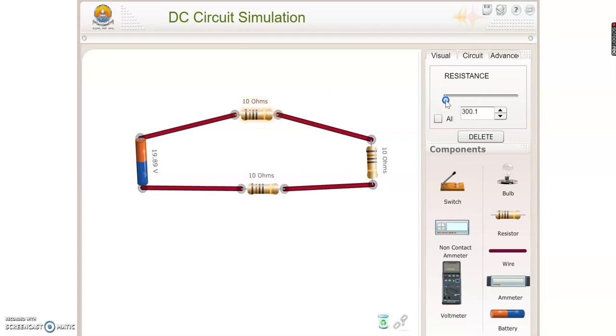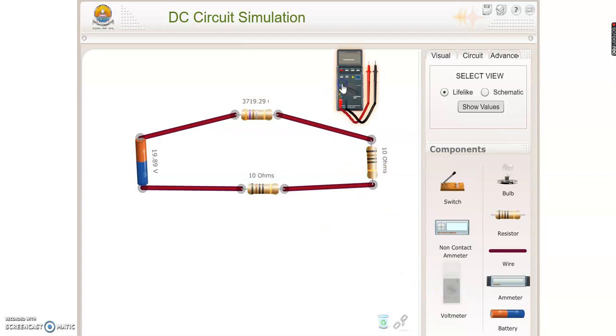You can see I am just varying the value, and accordingly there is a change in the color coding of the resistor as well. So you can correlate that, okay, this is how the color coding would be changing if you modify the value of the resistor. Now, in order to verify the KVL, we require this voltmeter. Simply click and drag it out over here.